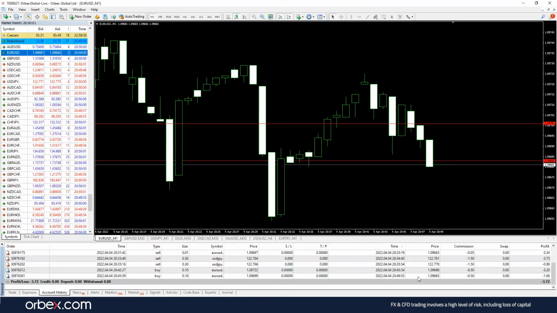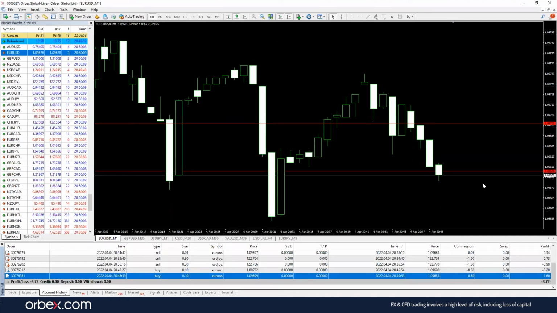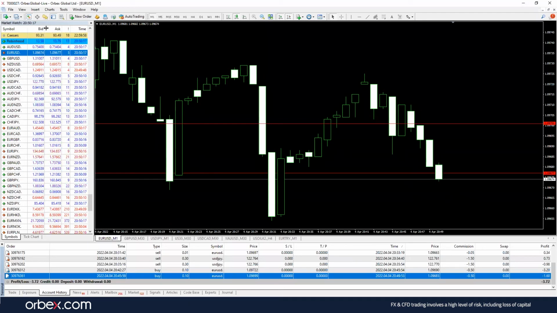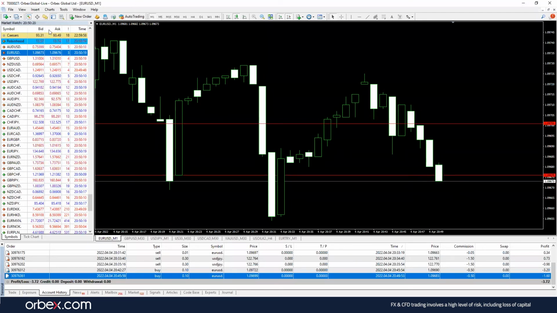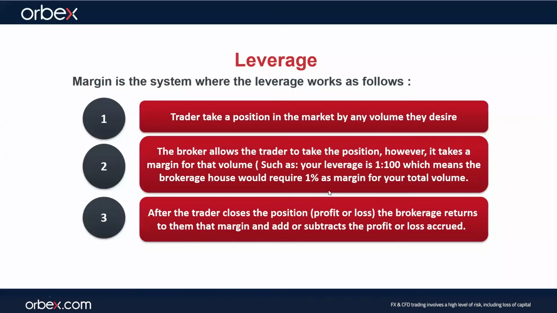So that's my EUR/USD at 1.0968. That's the last bid price at the time, and it's actually falling lower, so it's probably better that I closed it. As I say, just keep in mind where your positions are going. Sell positions open at the bid and close at the ask, and for buy positions, they open at the ask and close at the bid. And with that being said, I just want to take you through